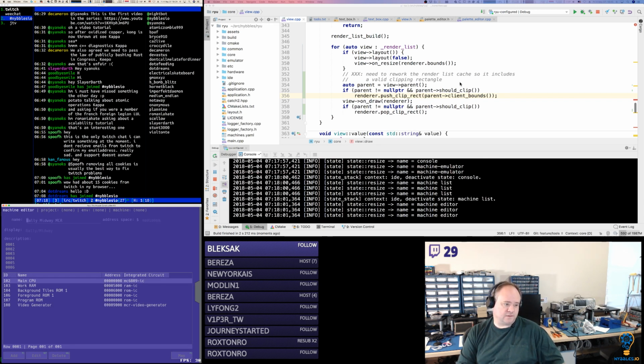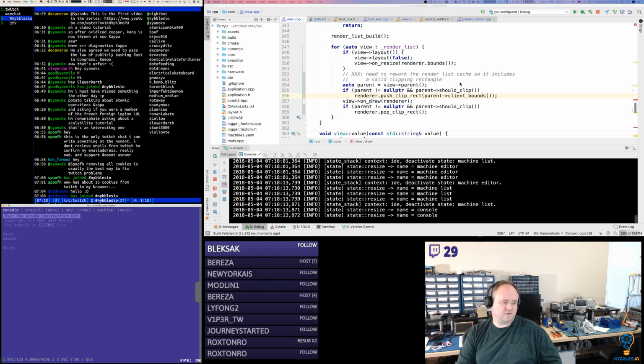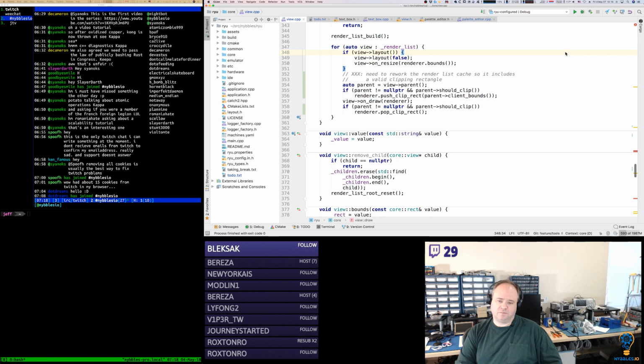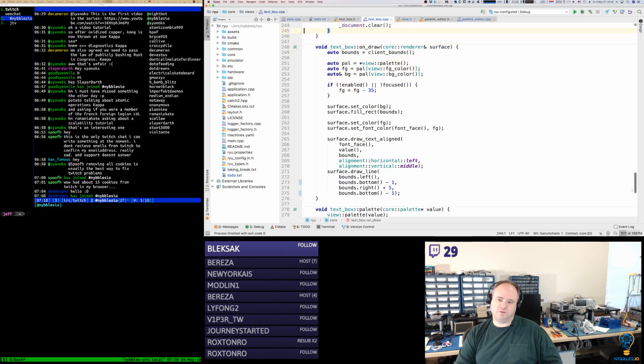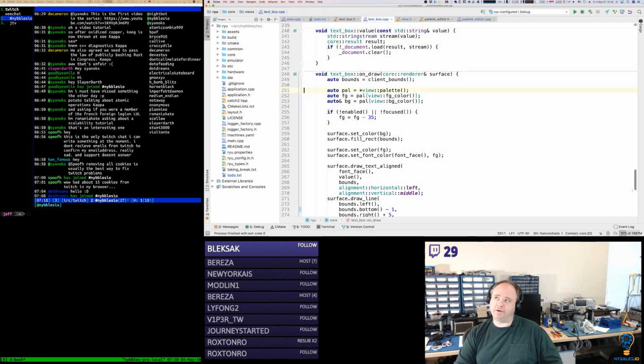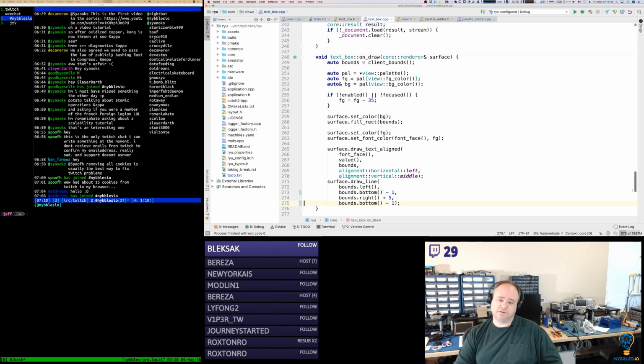Okay, so yeah, bounds are off by 1, maybe? Because we're clipping to the client bounds on the parent. Oh, yeah, okay, so that's probably the layout engine that's busted.